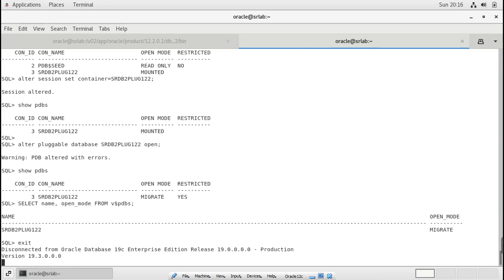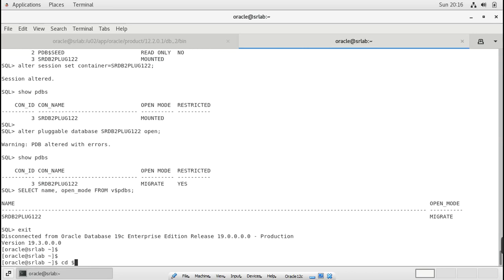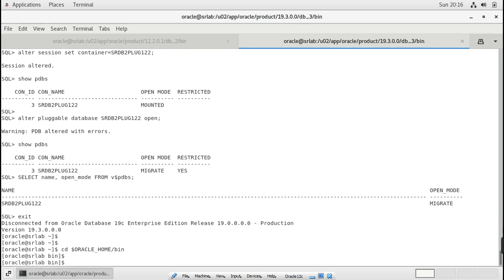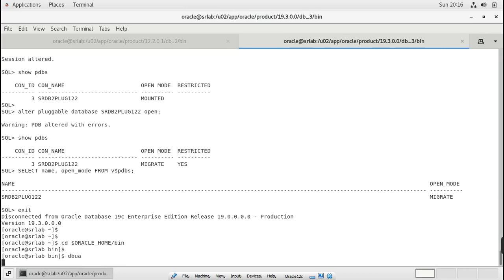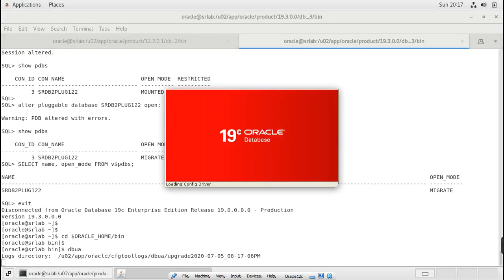Go to the Oracle home bin directory and run dbua, the Database Upgrade Assistant. Yeah, it's getting started.